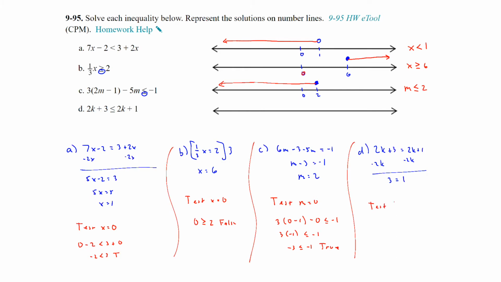Let's test the number, continue our number of 0. And 2 times 0 plus 3 is less than or equal to 2 times 0 plus 1. So is 3 less than or equal to 1? No. And what happens if we test any number? Because these 2k will always cancel out. You're always going to be left with, is 3 less than or equal to 1? And 3 is never less than or equal to 1. So that means we have no solution